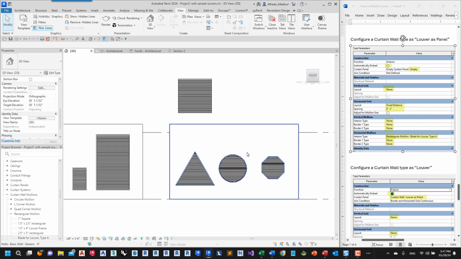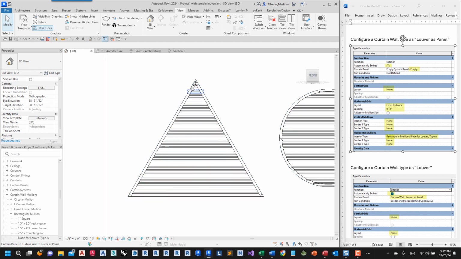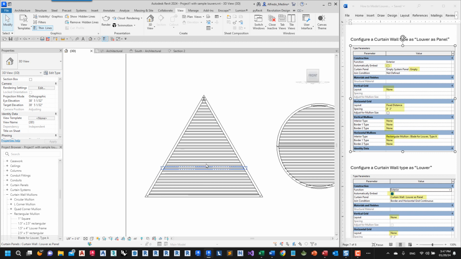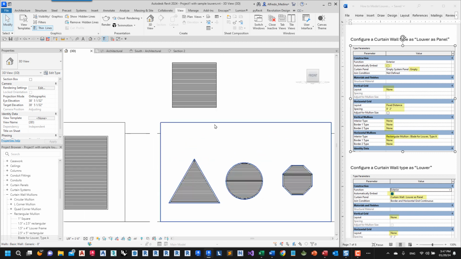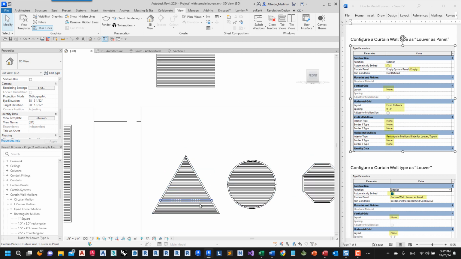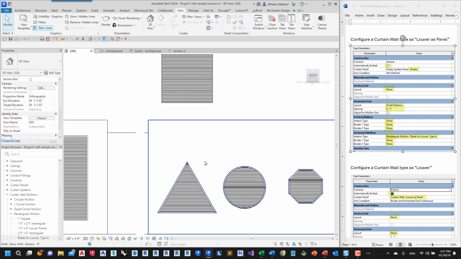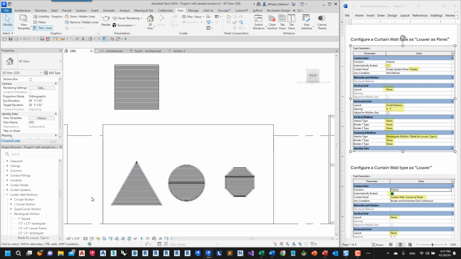If we don't use this two types approach, these edges of the louver would be broken in multiple little pieces, one per each row of blades. By doing this in two parts, one as a frame container and the other one as the infill panel, we get a much better appearance for the frames of the louver.